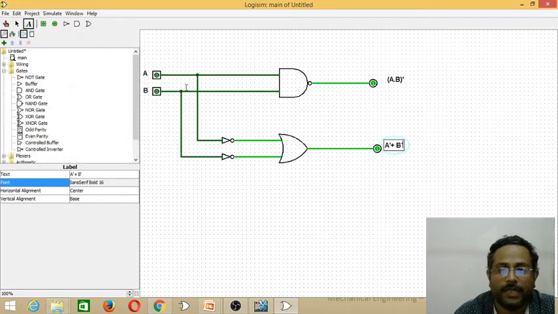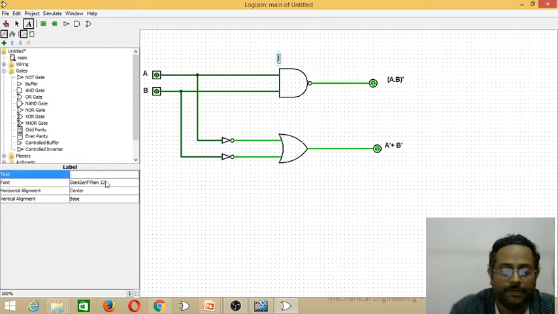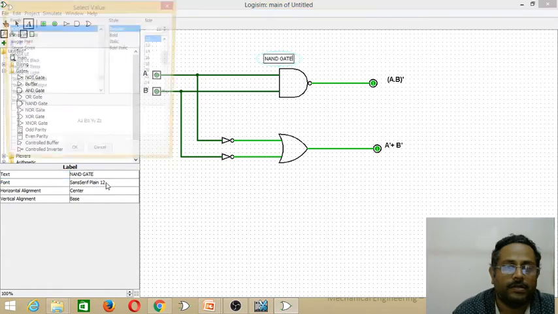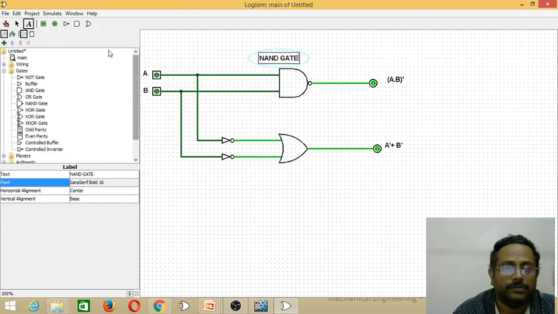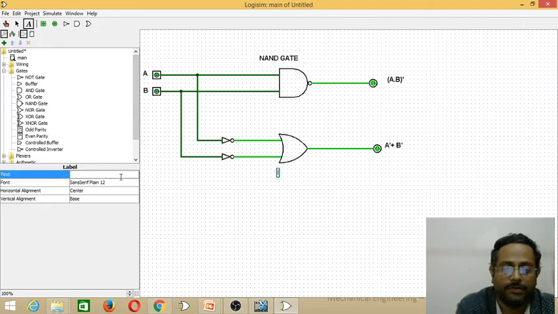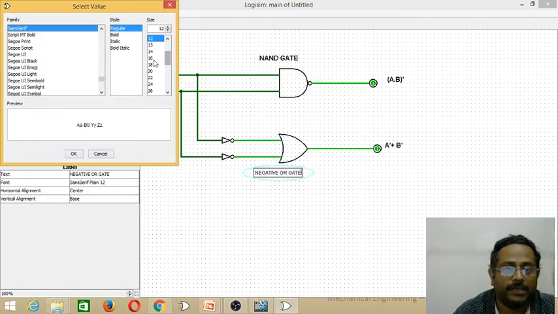Then name the gates. This is a NAND gate. This is a negative OR gate or bubbled input OR gate. Make it 16 bold.